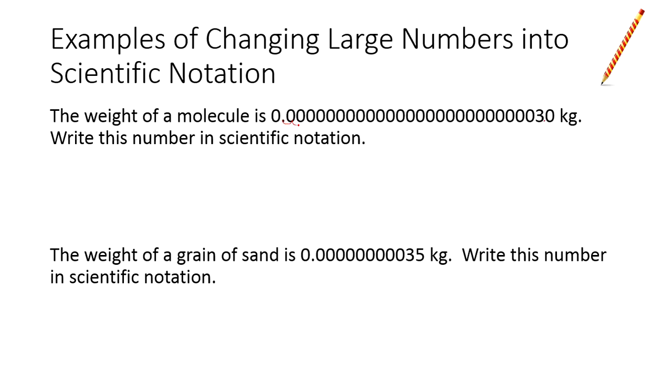So I got to go 1, 2, 3, 4, 5, 6, 7, 8, 9, 10, 11, 12, 13, 14, 15, 16, 17, 18, 19, 20, 21, 22, 23, 24, and 25. So I know I'm going to have 3.0 times 10. Now I moved to the right, right? I made a small number big. So I'm going to have to the negative